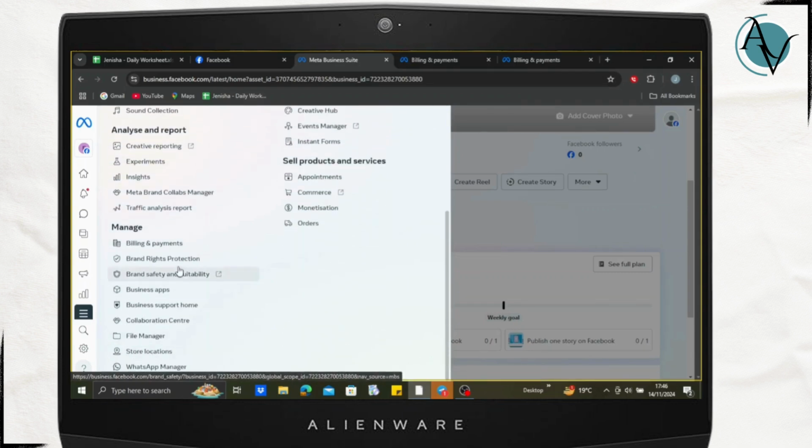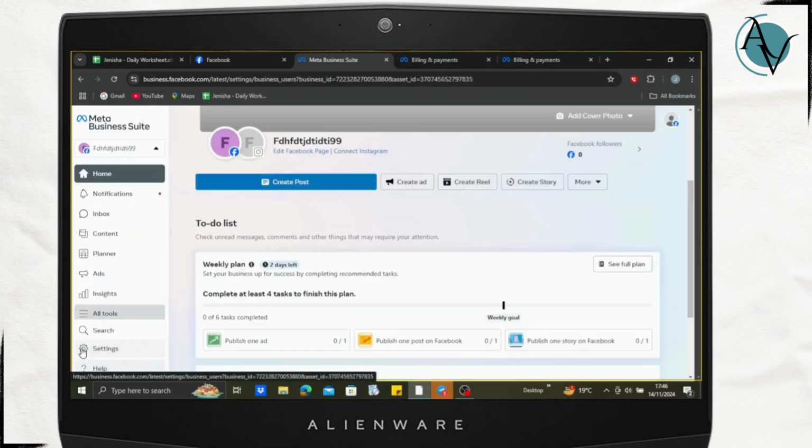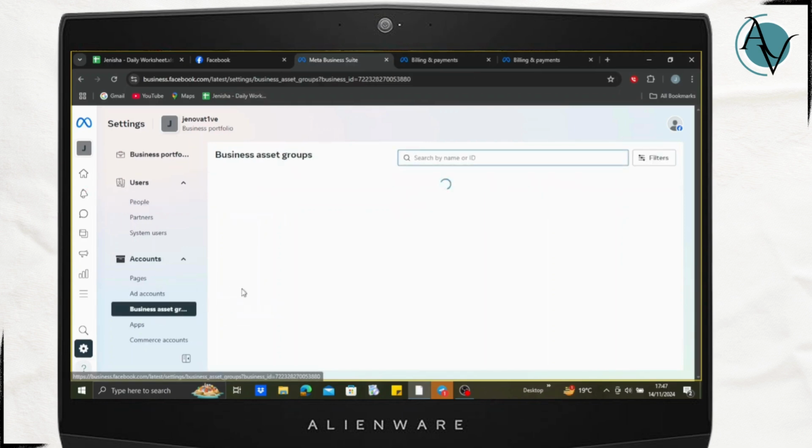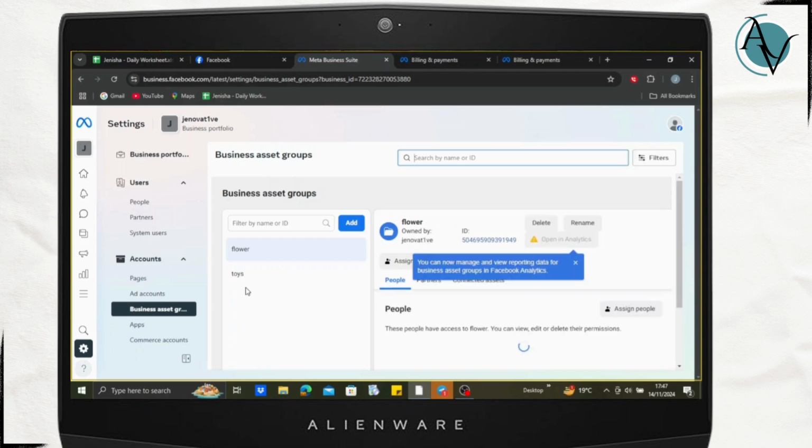But if you can't find the All Tools settings option under All Tools, just go to the settings at the bottom. And here you will be able to see this option. So here you just need to navigate to this business assets group at the left side under accounts. You should be able to see that option. After that, just go there, and here you will be able to see the pages and everything that you have